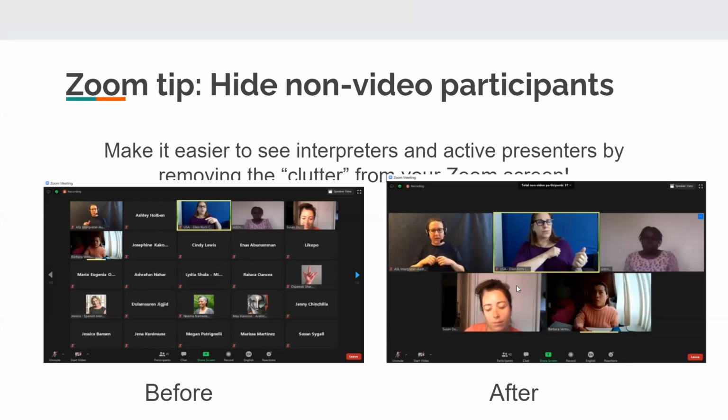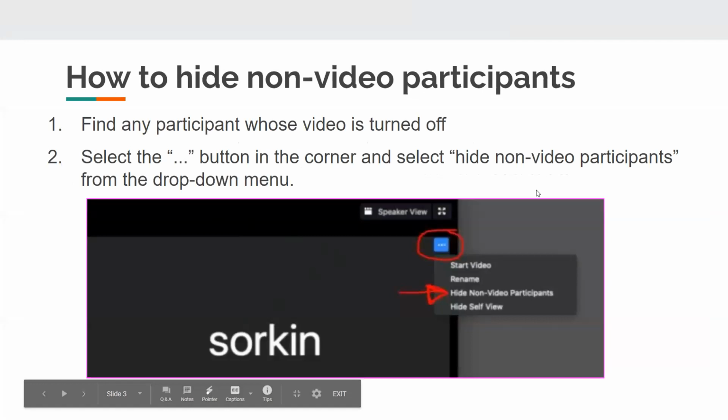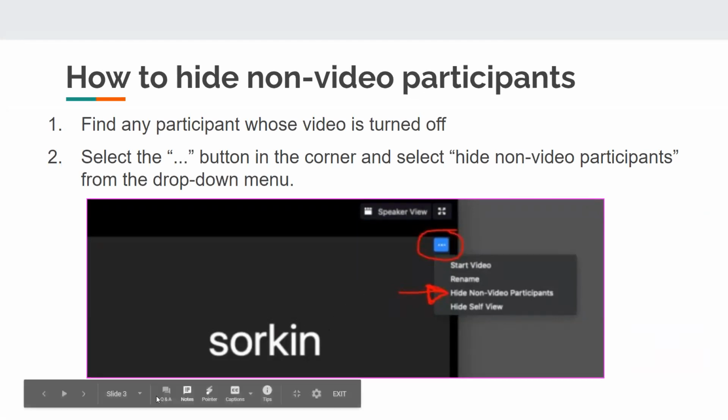The picture on the right shows only the interpreters and the active presenters. The way you do this is if you go to a participant's box at the top right corner, there's a drop-down menu, and one of the menu items should be hide non-video participants. If you click on that one, then it'll bring to the front the images of the interpreters and the active presenters.